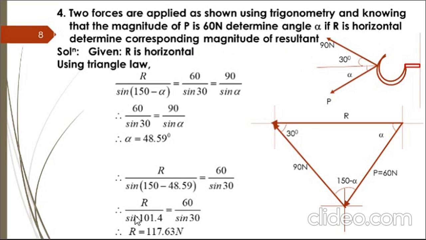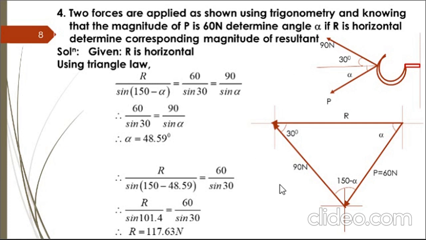Now solving this problem, it's a suggestion that whenever all three sides are given, or whenever the angle is missing, we don't have the value of alpha, the angle between P and Q, it is better to go by using the triangle law. We can solve the problem by using the parallelogram law method also, but it will create a more complex equation. So we are solving this problem by using the triangle law.